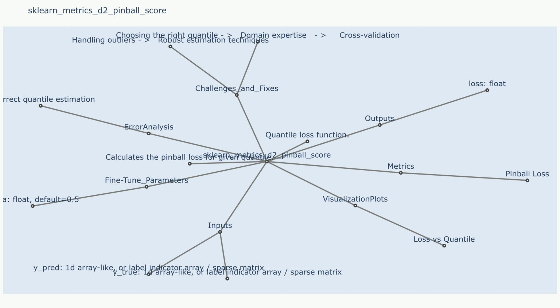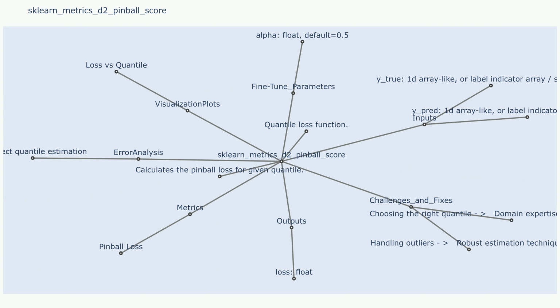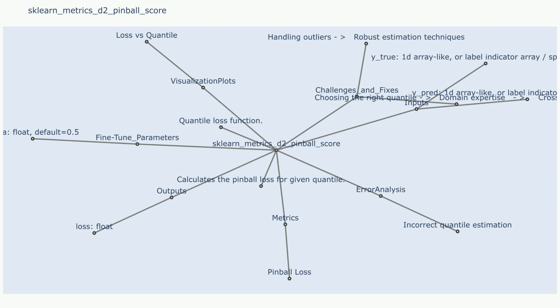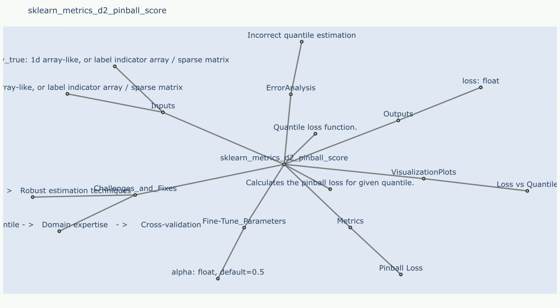sklearn.metrics.d2_pinball_score. Description: The D2 pinball score is a metric that assesses the quality of probabilistic forecasts. Specifically, it measures the deviation of the predicted quantiles from the true values. The metric works by comparing the quantiles of the predicted distribution with the corresponding quantiles of the actual data. The metric is based on the idea that a good probabilistic forecast should produce quantiles that enclose the true values